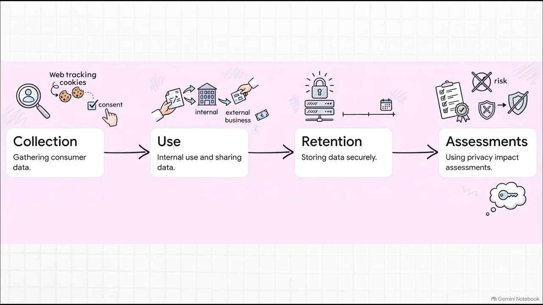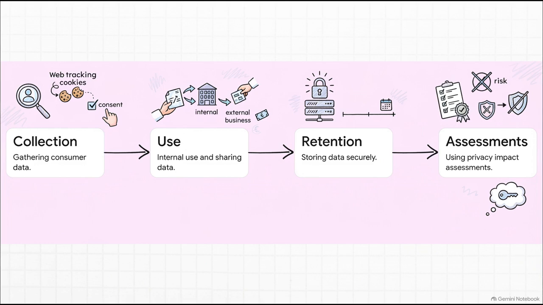What happens now? Well, the SASB standard requires a full disclosure of the entire information lifecycle. They have to explain Step 1, collection, what requires your explicit opt-in consent versus what they're quietly sweeping up in the background. Step 2, use and sharing. Under what exact circumstances do they sell, rent, or distribute your data to third parties? Step 3, retention and security. Basically, how long are they keeping this data and how exactly is it locked down?